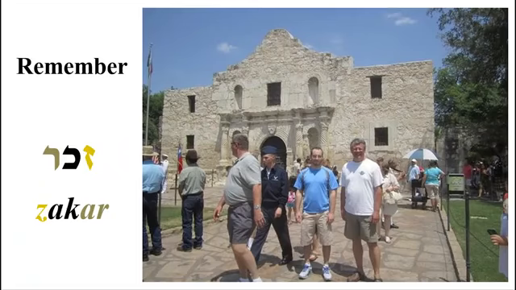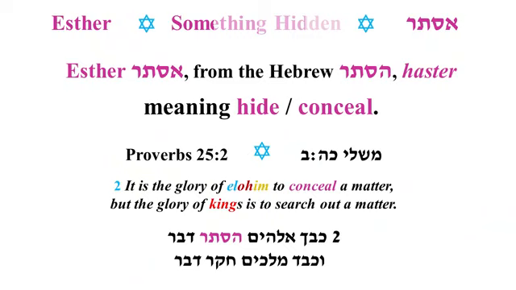And by the way, remember Proverbs 25:2. It says, it is the glory of Elohim to conceal a matter, but it's the glory of kings to search out a matter. So if God has something hidden in the book of Esther, it's our job to find it. All right. So, Esther, she's going to be kind of the star of this